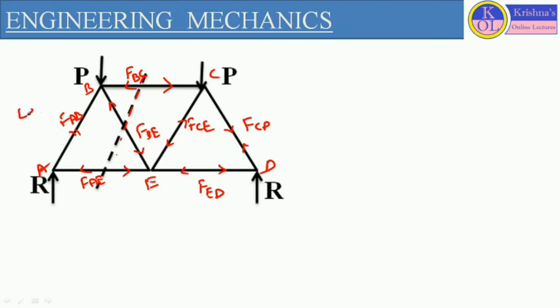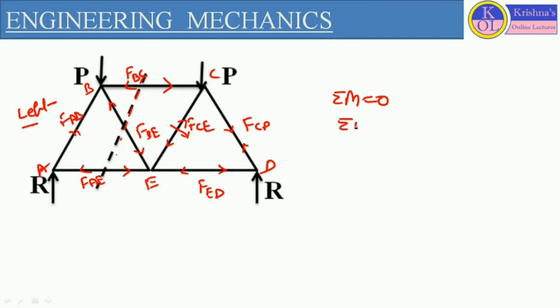So for example, if we are considering the left hand section which is in equilibrium, first we are taking this particular section, this left hand section. Here we will first apply the summation of moment equals to 0 to define the reaction, or we can also use this condition to define the actual loads. But here we will not consider the forces and the joints which are lying in the right hand side.